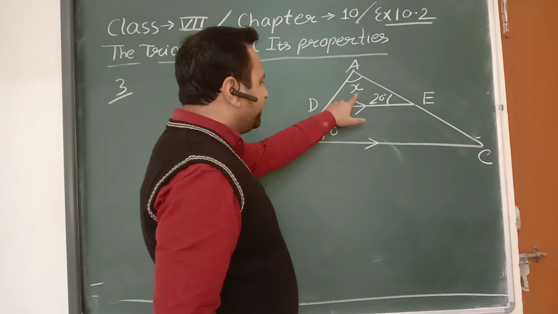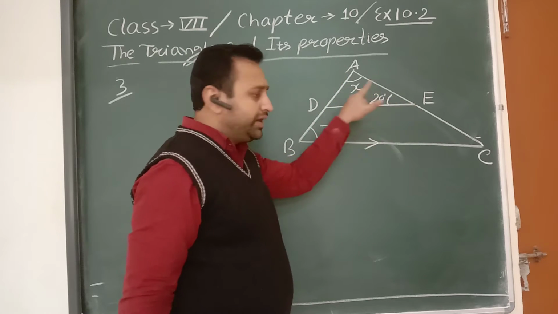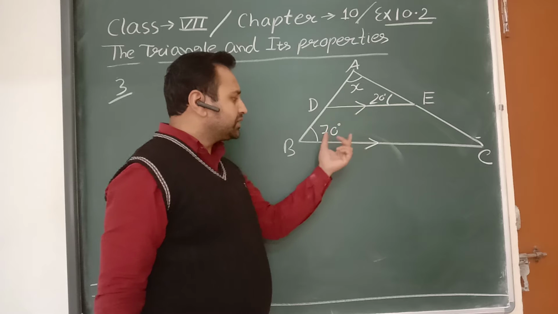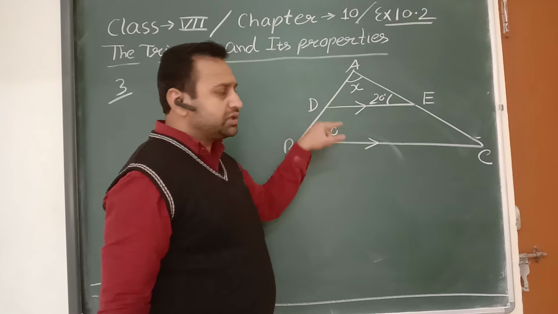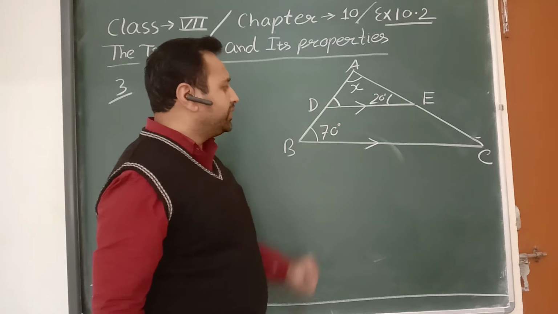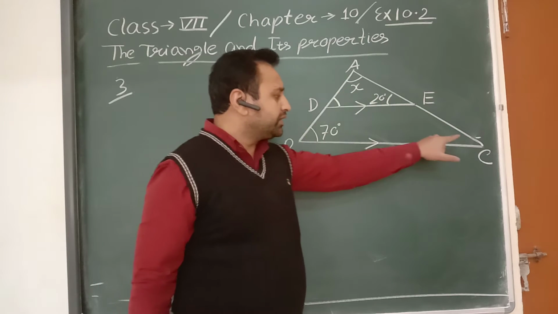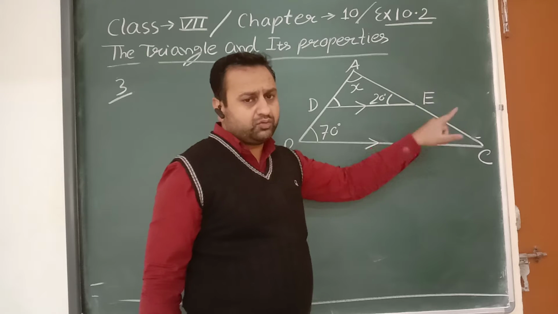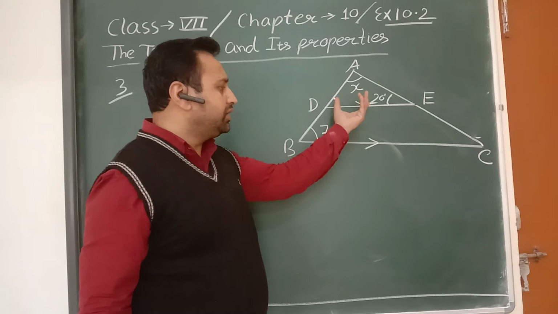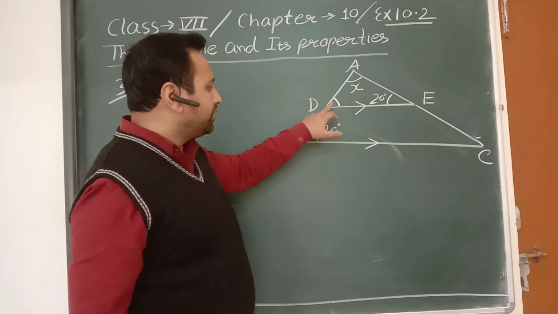To find the value of x, we observe that x is an interior angle of triangle ADE as well as triangle ABC. It means if we want to calculate x, firstly we have to find out, अगर हम triangle ADE का use करते हैं then we first find angle D and then we can use the angle sum property in triangle ADE, or in triangle ABC we can first calculate angle C, then use the angle sum property. It's your choice, you can use the angle sum property in triangle ADE or ABC, but we use it in triangle ADE. So firstly we calculate angle D.